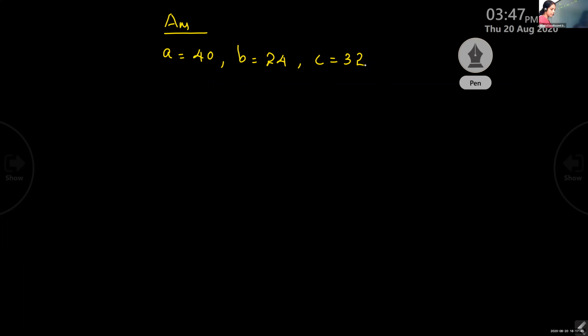Is it like this? a equal to 40, b equal to 24 and c equal to 32. Are these the numbers for a, b and c? Yes, ma'am. Okay. s equal to a plus b plus c by 2, 40 plus 24 plus 32 by 2,